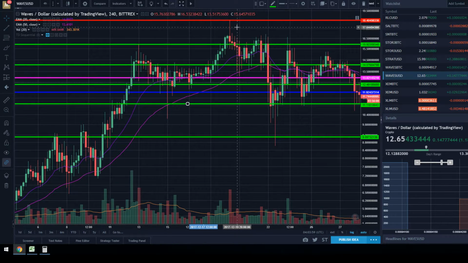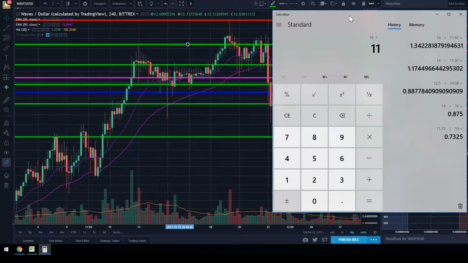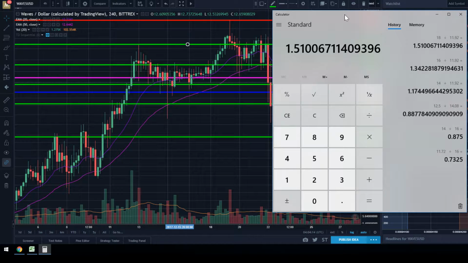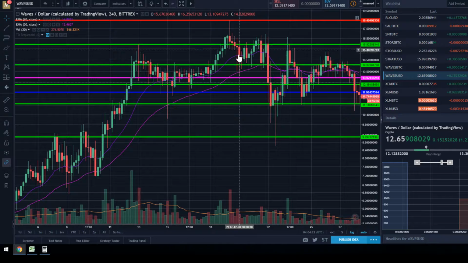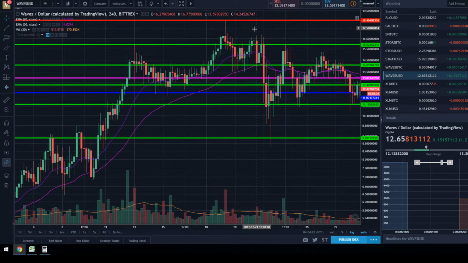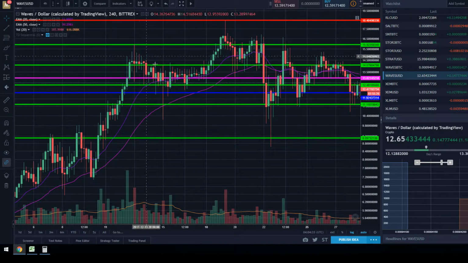We made 37% if we sold at this all-time high. If we sold the peak here, what would we have made? 18 divided by average price of 11.92. If we sold the peak, we could have made 50% on our average buy price here. So yeah, if you nail it, great. If you don't nail it, great. 37%, 34%. All I had to do was wait a little bit, be patient, buy on the way down, find